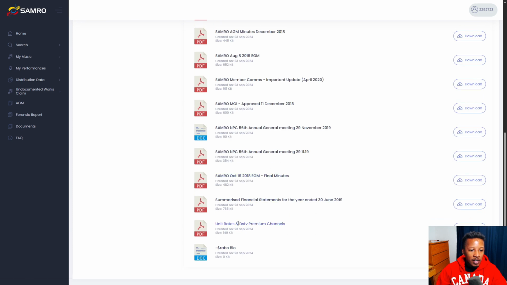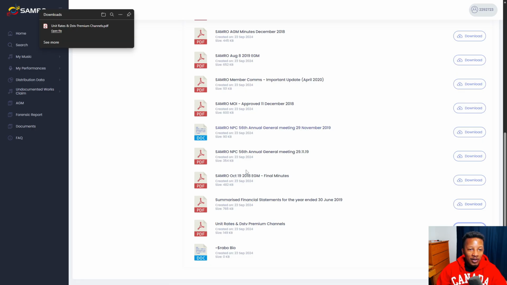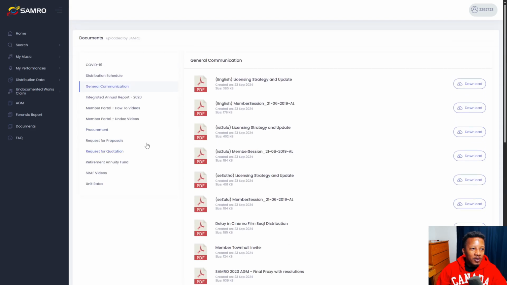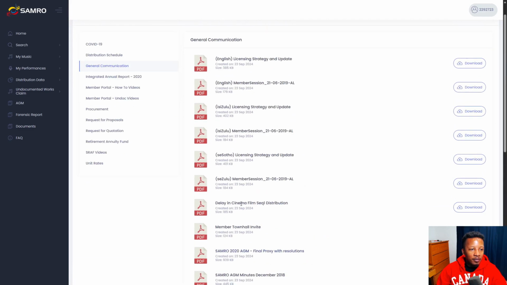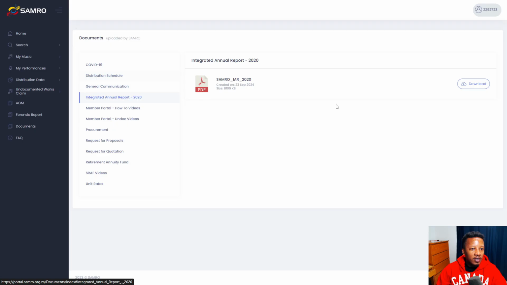Oh, they've got the unit rates over here. Interesting, SAMRO. I was looking for that. Unit rates, you'd assume they'd be somewhere else because there's a separate tab called unit rates at the bottom, but that's the 2024 unit rates. And then integrated report. I'm not too sure why it says 2020 there, and then the date